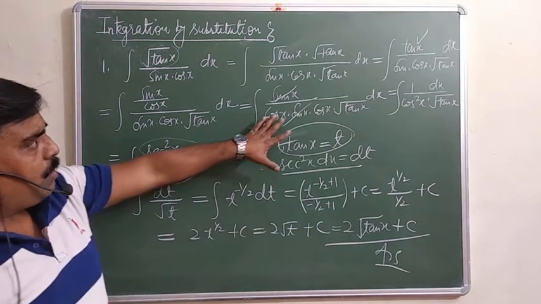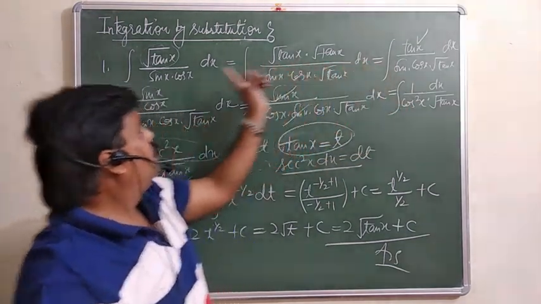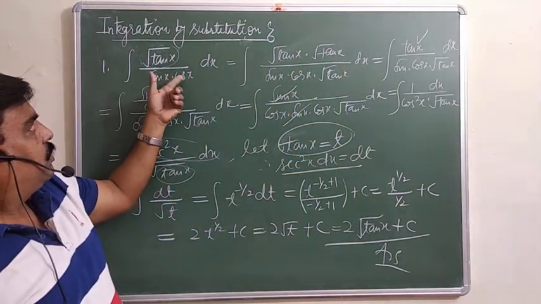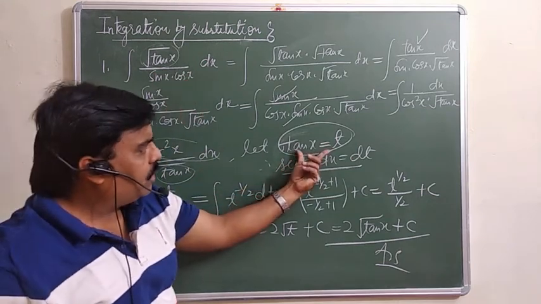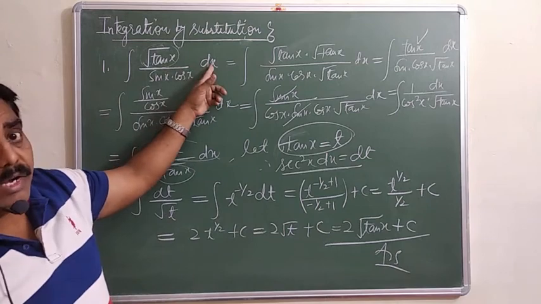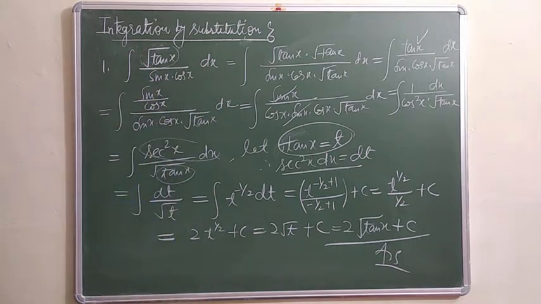Have a look. Important point is here only, means anyhow you have to get the derivative of the denominator, the जो भी हम substitute करते हैं उसका derivative should be in the numerator. That's all. Have a look.